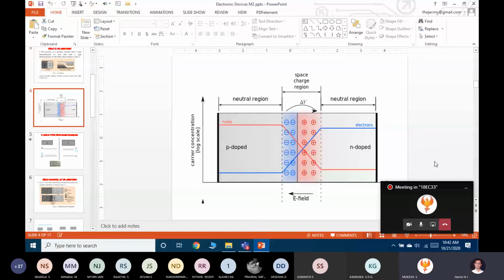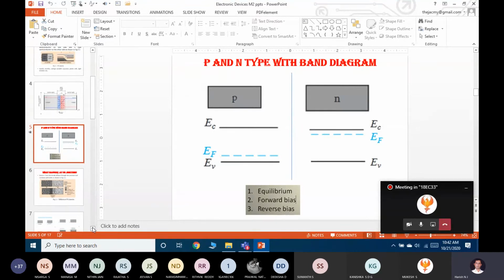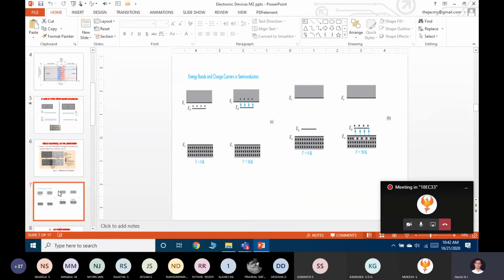Yes, sir. Yeah, correct. The unbiased condition PN junction diode ನ ನೀವು ಏನು ಕಲ್ತ್ರಿ ಇವಾಗ ಅಥವಾ ನಾವು ಏನು ಡಿಸ್ಕಷನ್ ಮಾಡಿದ್ವಿ, the same thing I am going to represent in terms of energy band diagram. Correct. So ನಿಮ್ಗೆ ಈ ಡಯಾಗ್ರಾಮ್ ನ ನೋಡಿದ್ರೆ ಸ್ವಲ್ಪ ಕನ್ಫ್ಯೂಸ್ ಆಗೋದು, ಇದೇನು ಹೊಸ ತರ ಇದೆ ಅಂತ. I will go back to the concept we studied in the first module. Correct. So this diagram we were studying